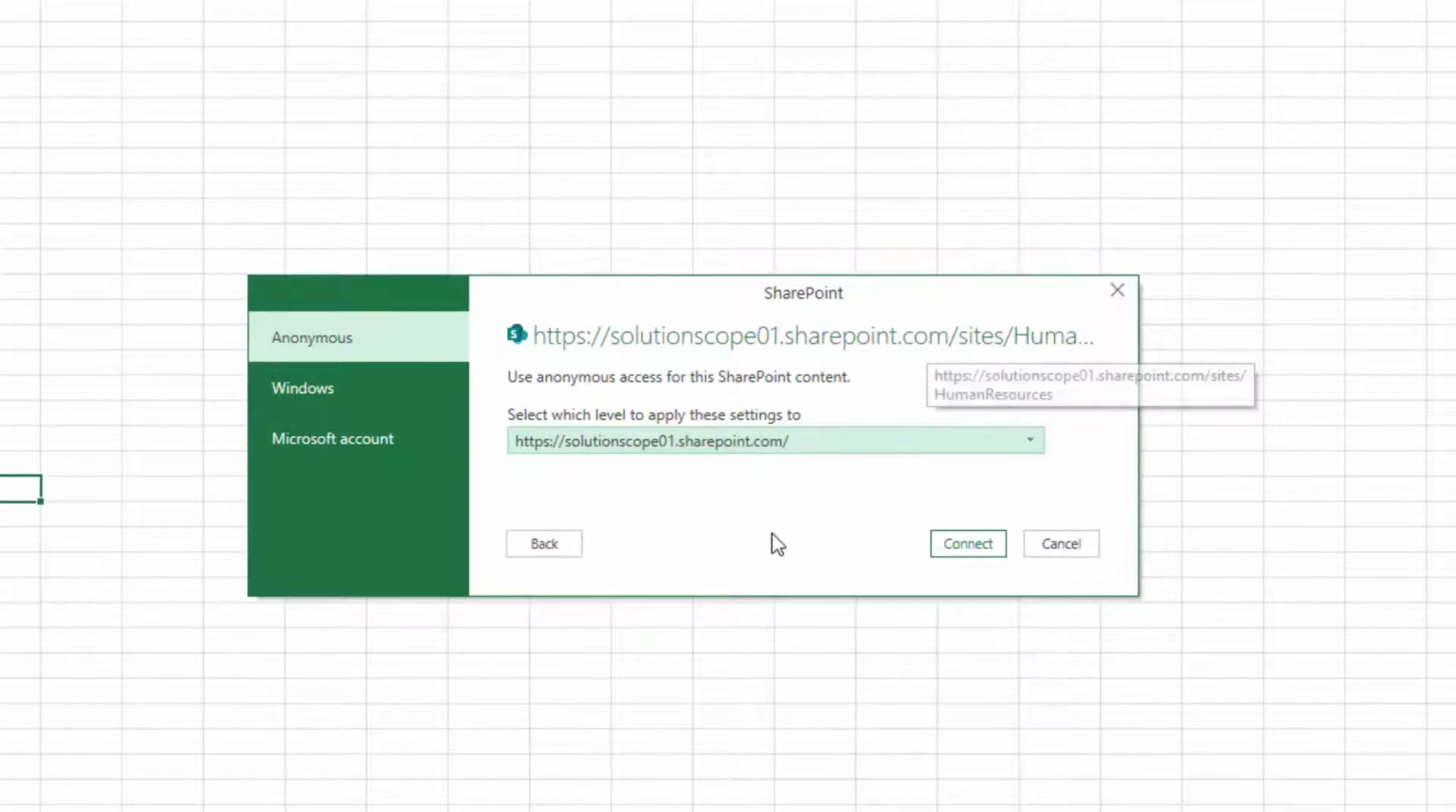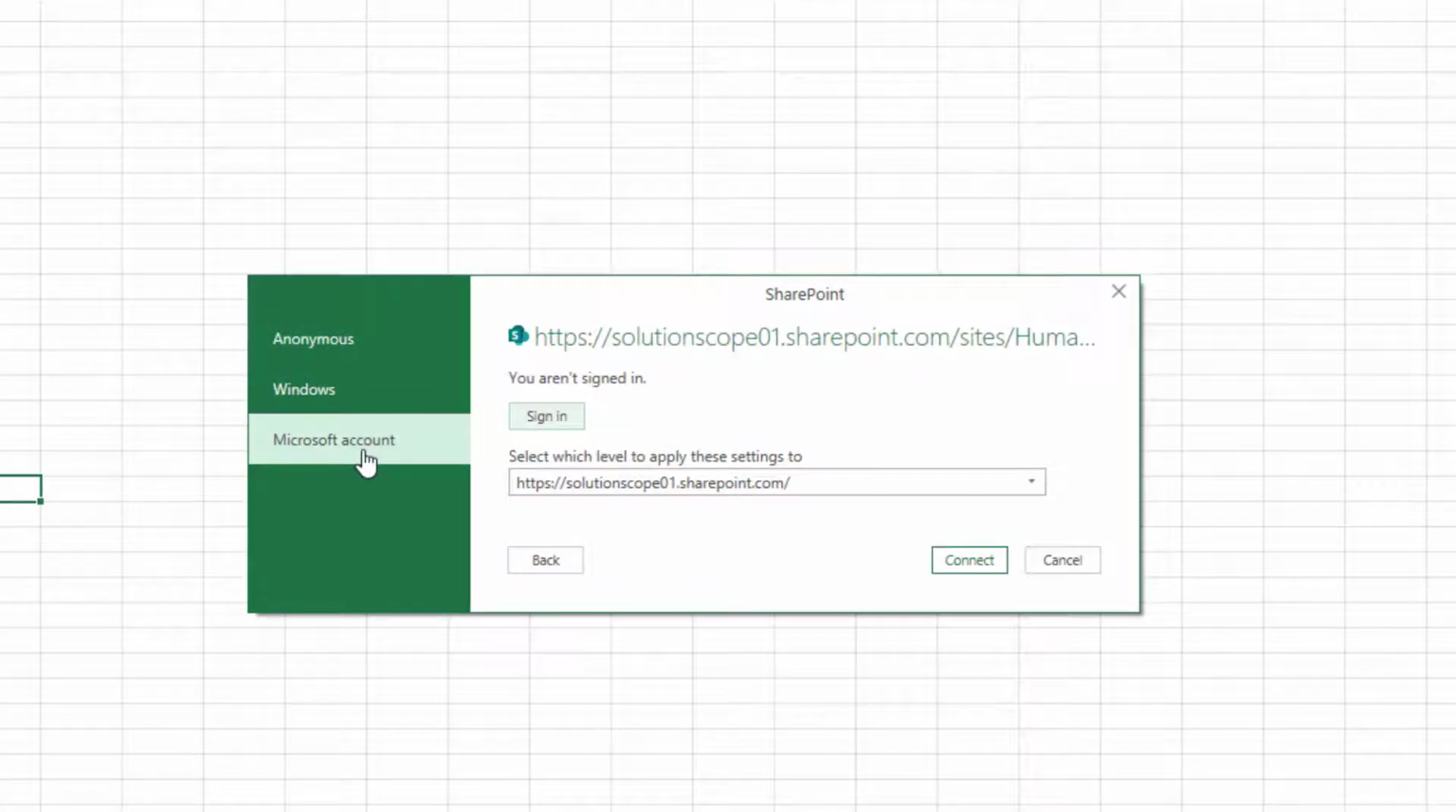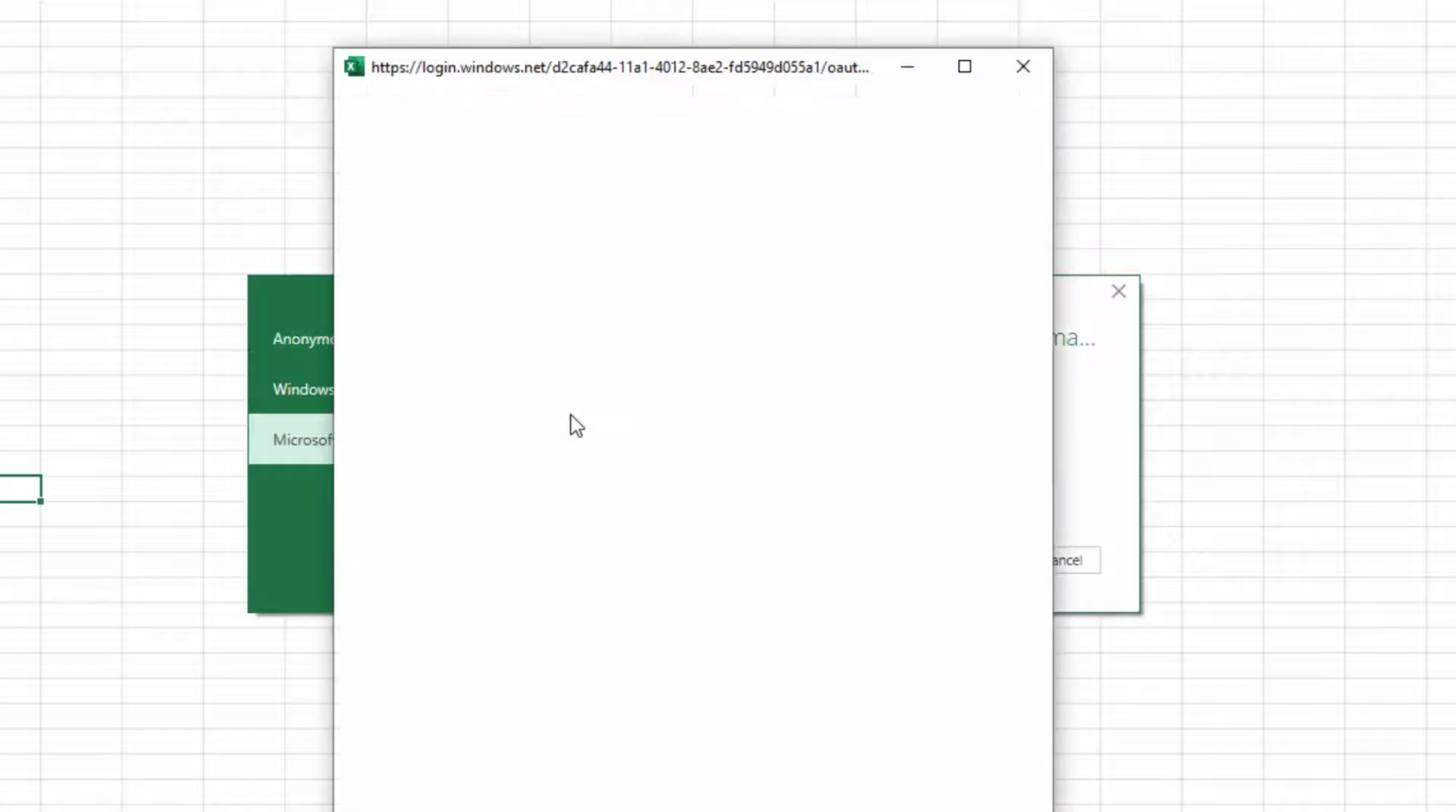So again, it's important to note that you want to make sure you grab the correct URL as I just explained in the previous step. Now, what you're being asked to do here is to actually provide the method in which you want to connect to this SharePoint instance. So I'm going to go ahead and click on my Microsoft account. And I am going to click on Sign In, and this is going to prompt me to enter my Microsoft